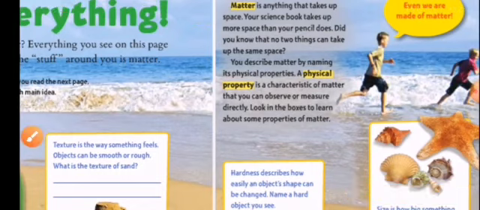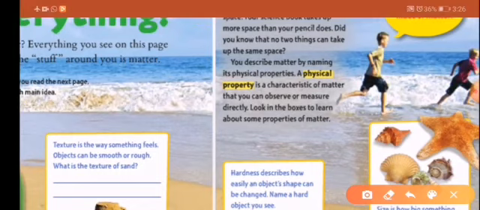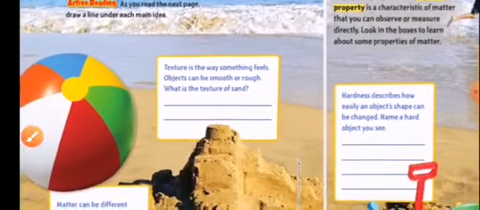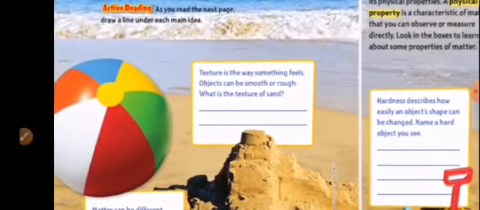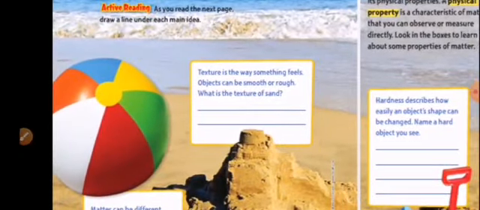So please highlight the meaning of the word matter. Also, we have here the physical property, a characteristic of matter that you can observe or measure directly. So please use your highlighter to mark both of them. Now, on page 352, if we look at the first equation,